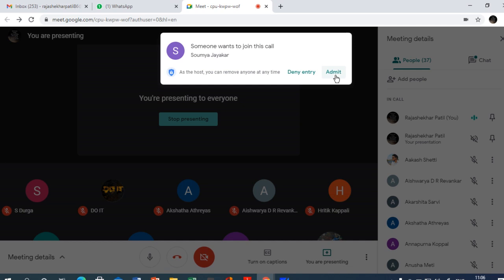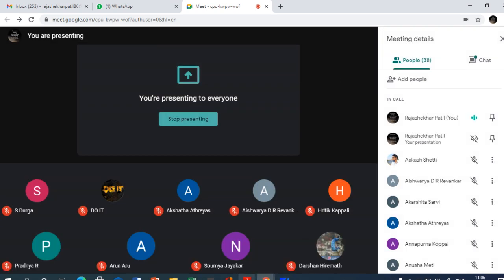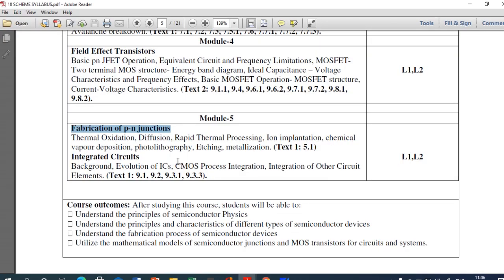Similarly, once we were done with the oxidation, we went through the next technique, that is diffusion. Diffusion is nothing but doping the impurities into the silicon substrate. Like diffusion, ion implantation performs the same operation, only the difference is in technology.